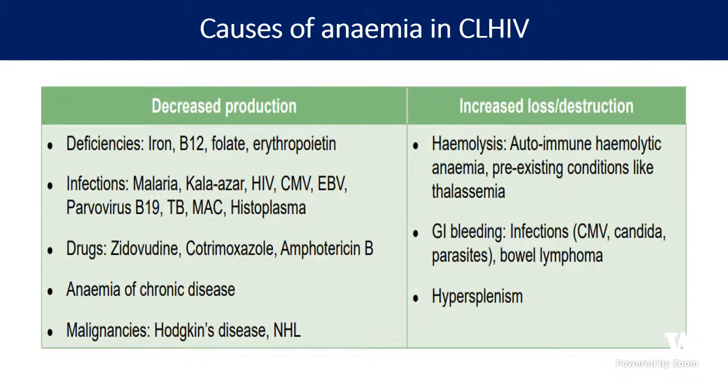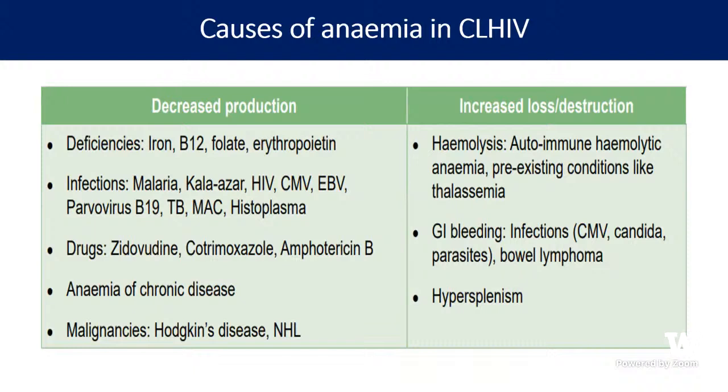Drugs, as you have all rightly said, include zidovudine. Another drug which we commonly use in our ART center is Cotram, CPT therapy we give, no? So even cotrimoxazole. Sometimes these children have fungal infections also, and we start amphotericin. So these are the drugs that can cause anemia in the child, so we need to stop or shift to some other drug. Sometimes children may have malignancies like Hodgkin's and NHL, so there also there will be decreased production.